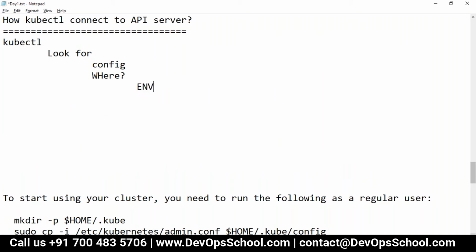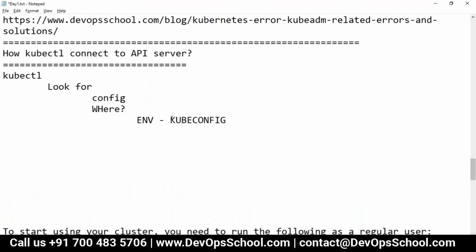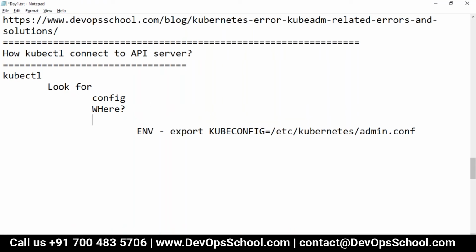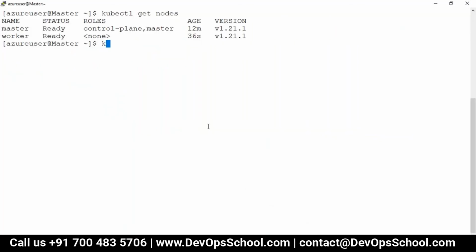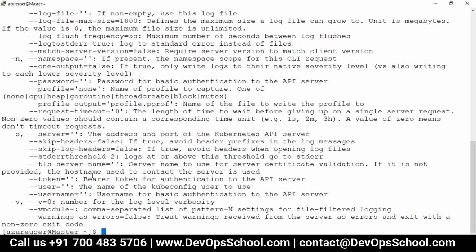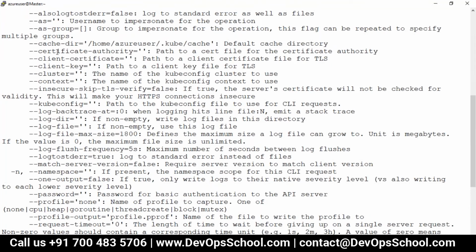an environment variable, and you can set something like this. If you're on Linux, then I think you know the command. If you are on Windows, it is the set command, and on Linux it is the export command. But you can also pass it through the command line. How? Let me check with kubectl itself. If I write kubectl options, I get a lot of things, don't worry about it, don't get lost. I'm very particular about it. Where is my config file?